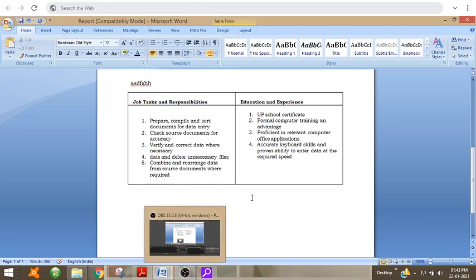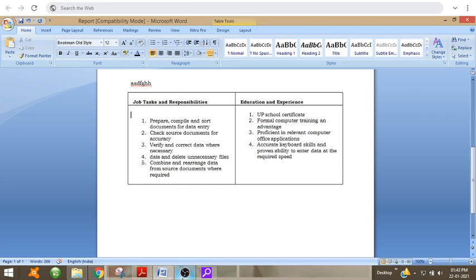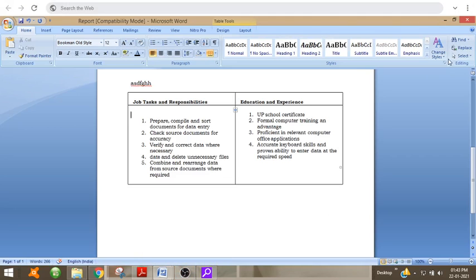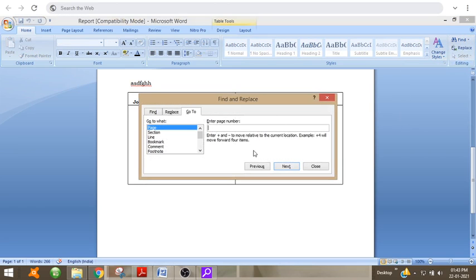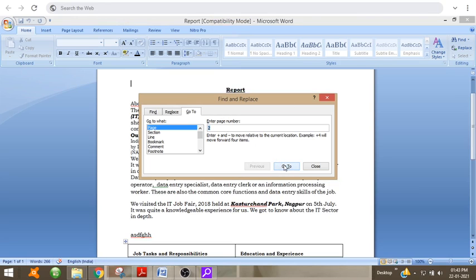So in Microsoft Word, there is an option to Go To. Here you can click on Find, then you can see a Go To option. Click on Go To, or you can press Ctrl+G and enter the page number which you want to go to. So enter page number 2, then OK.